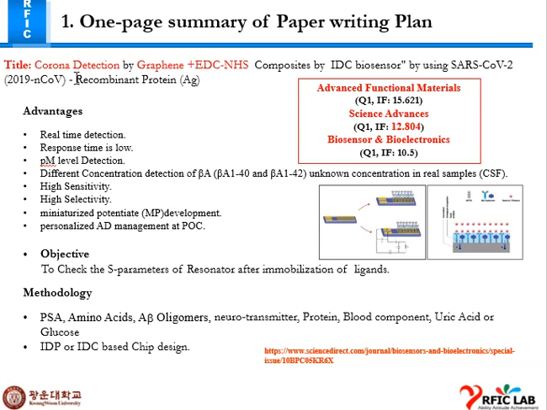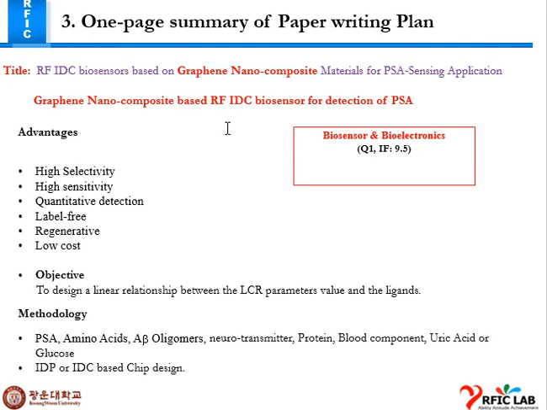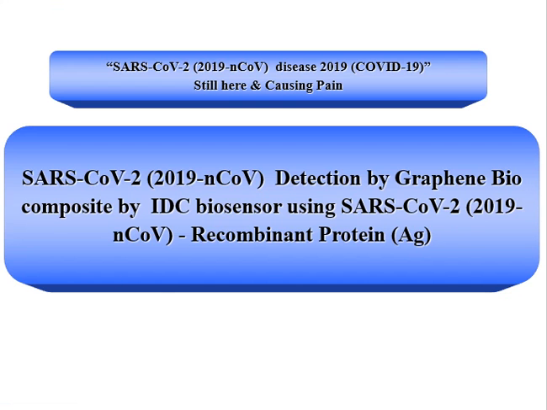This time, with the corona detection, where graphene, IDC, NHS, and AD detection is the next plan using the graphene OLED also, and then PSA with Dr. Sachin for the new PSA. And this is our two protein planning, so for the corona testing,